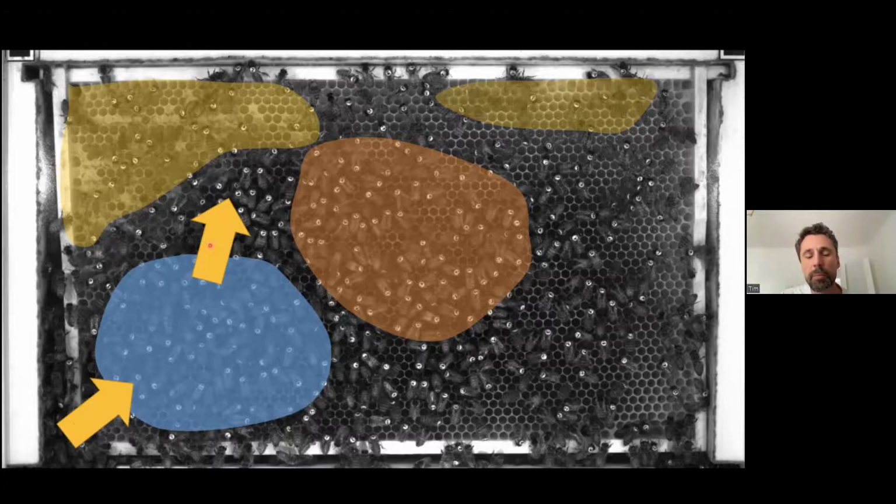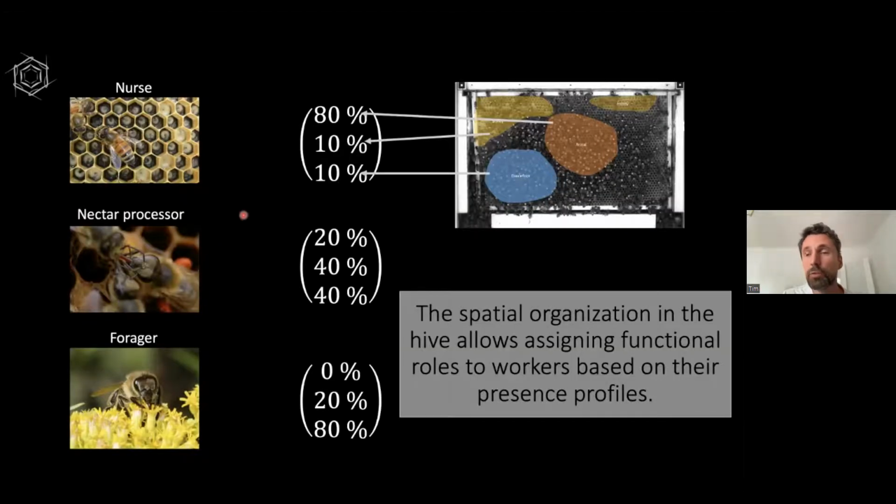And now, since bees do that, and we know that they do that, we can use that to just look at the positions to classify a bee as a nurse or a nectar processing bee or a forager by looking at those profiles, right? So we can just look at all the positions that we have detected with our system and look into human labeled regions, whether the bee was in the honey storage area or in the brood area or the dance floor. Yeah?